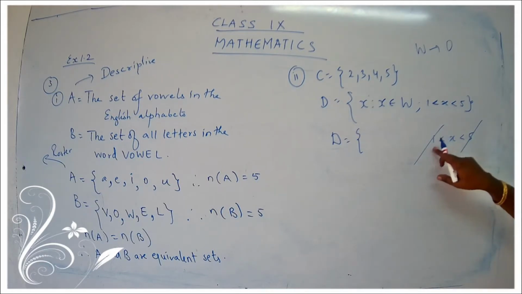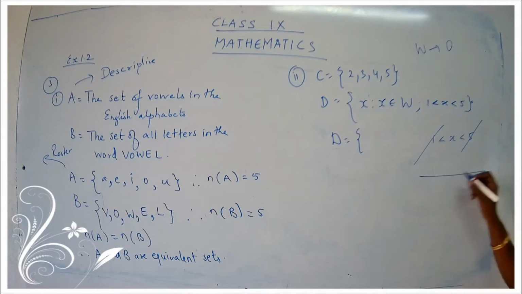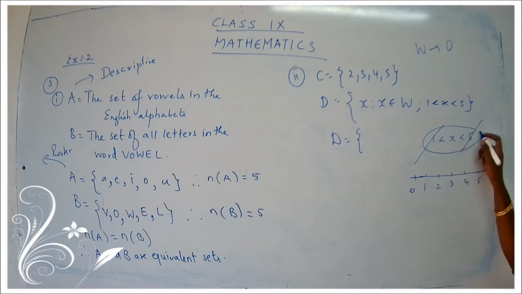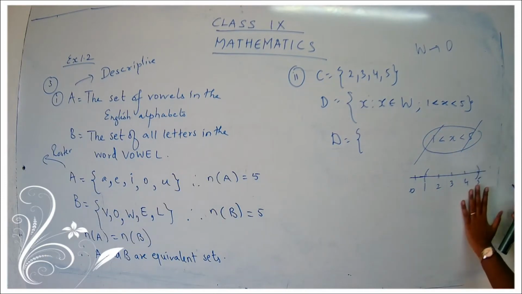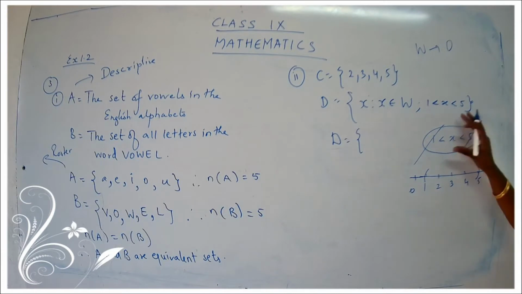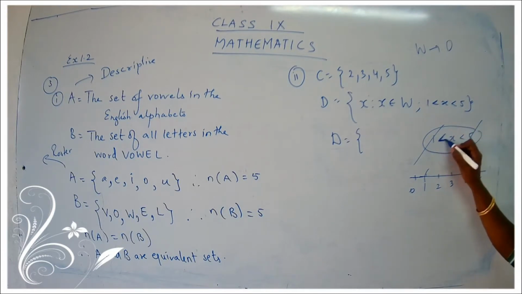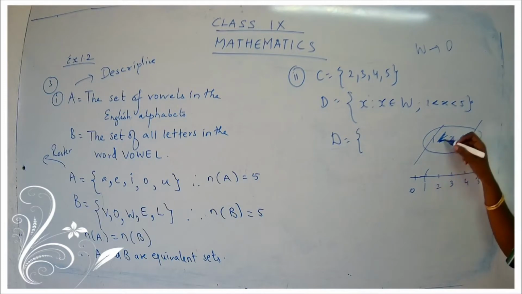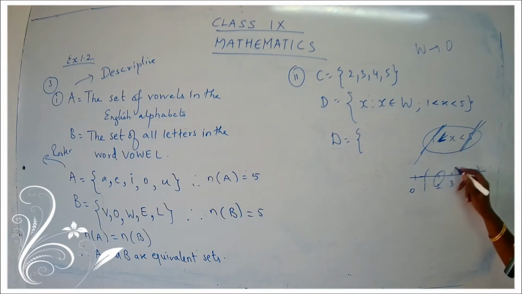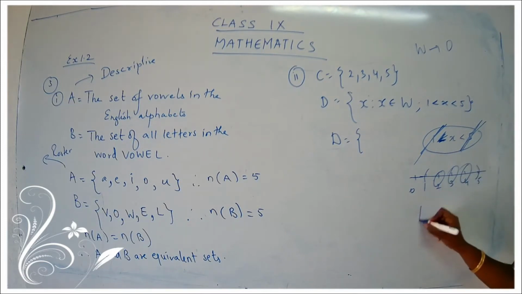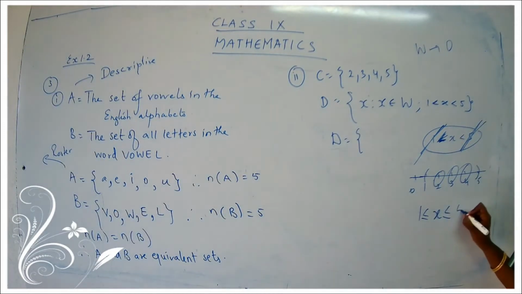So what are the numbers between 1 and 5? What is present here? You have 1, 2, 3, 4, 5. They are saying it is a whole number, that means it starts from 0. But here the condition is x is coming between 1 and 5. That means I should take from here to here. But now see the statement carefully. You have less than, less than. When less than comes, you should remove 1. I don't want 1 and I don't want 5. So what are the numbers left? 2, 3 and 4.